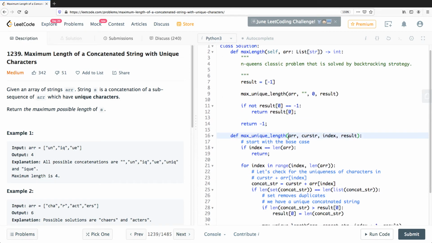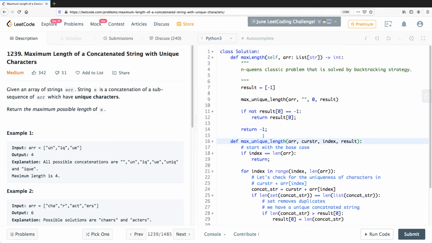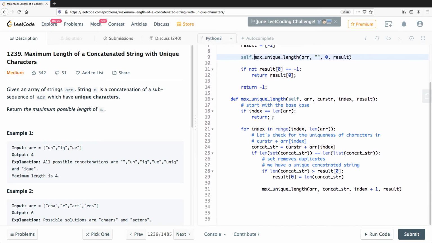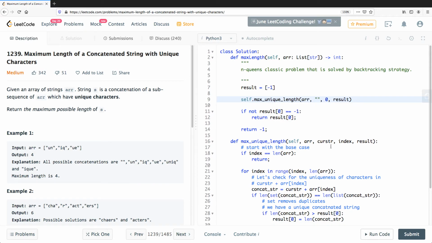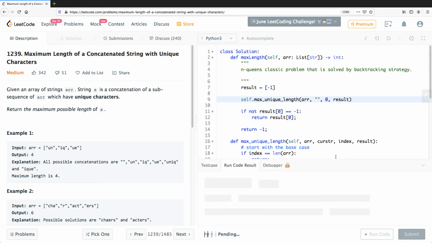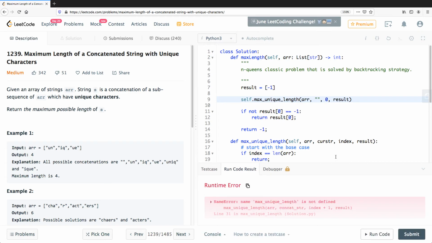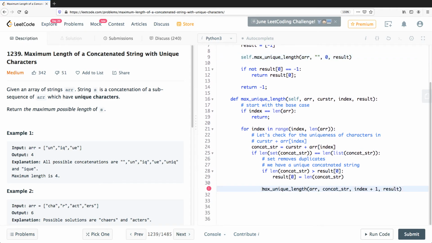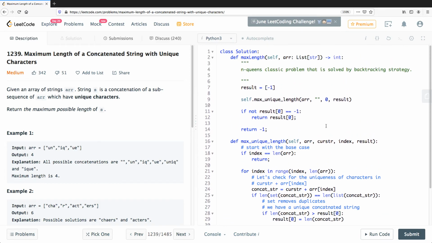Now another problem I see here is that this is a member function, and I think he's going to complain about not having self, and here also he will complain about you calling a function that looks as if it is a class variable or a static variable. So let's see now. Okay, max unique length is not defined. Okay, where's the problem now? Okay, that we can fix. We know how to fix that one. So self and